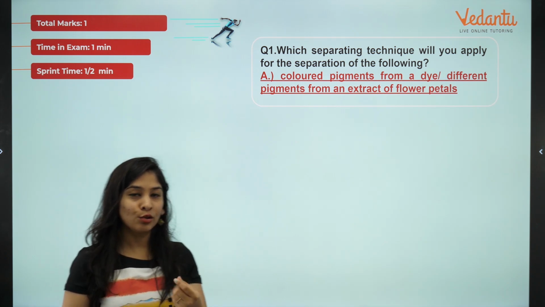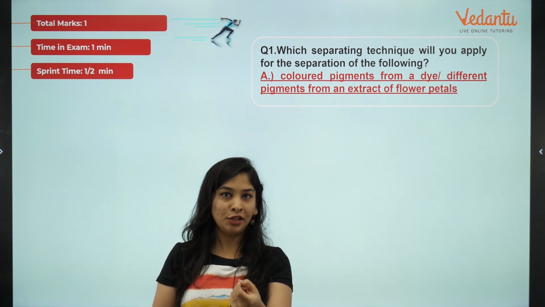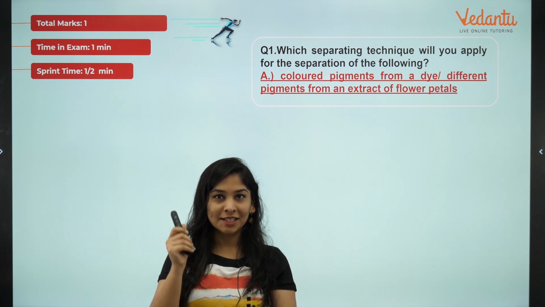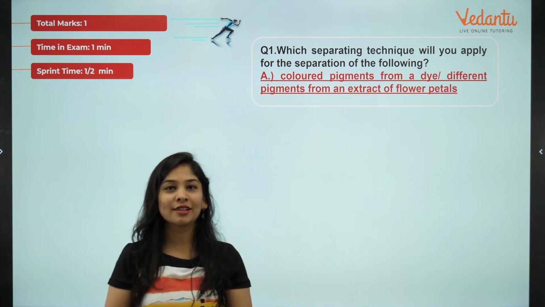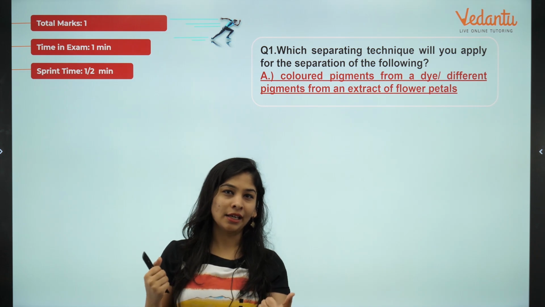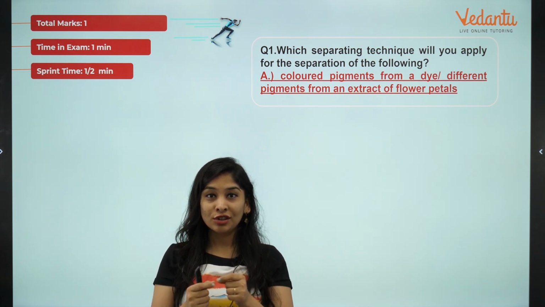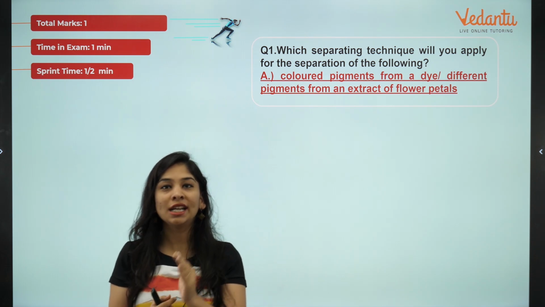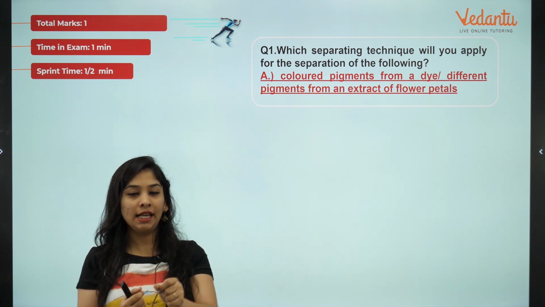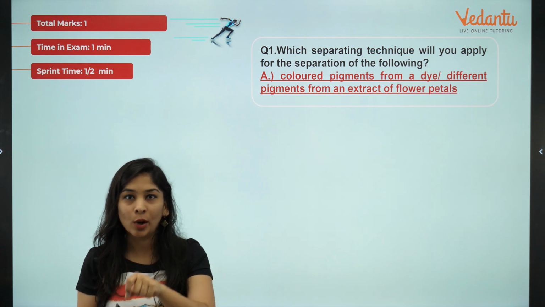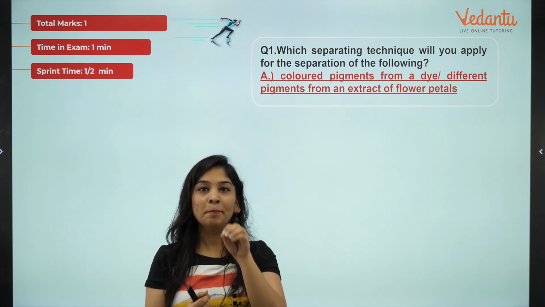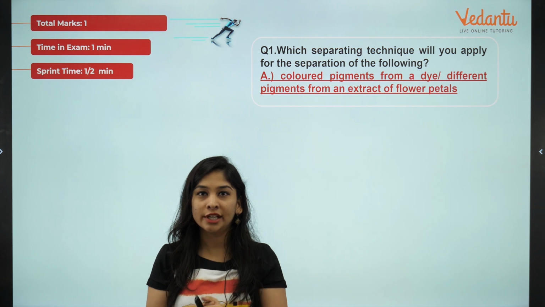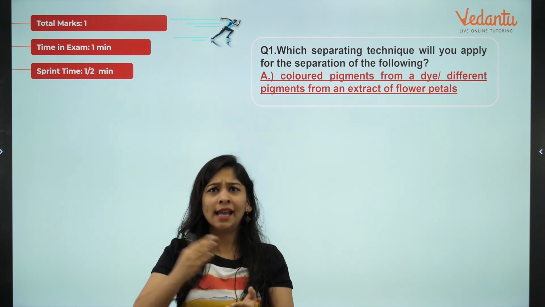Whatever dye you use, you generally use ink in your day-to-day life for a pen, right? This pen is digital though. The pen you use, you use ink, maybe black ink or blue ink, right? That ink, we suppose that it is a homogeneous mixture, but actually it is not. It is basically a dye with water, and the dye itself is a mixture of so many solid colored components. What is the work of a dye?